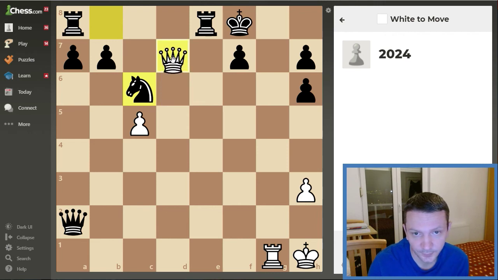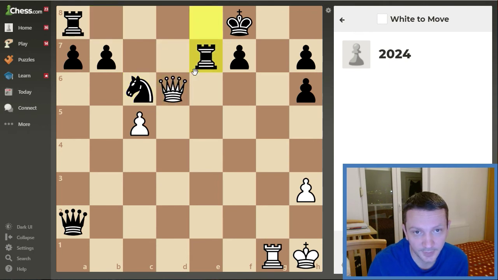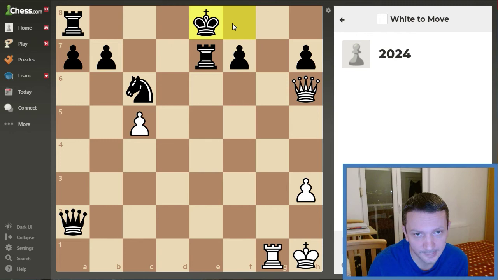So I prefer this move here. Okay, I expect just this. I expect it just like this. And I'm now going to take here with the check. Okay. I expected that too. And now